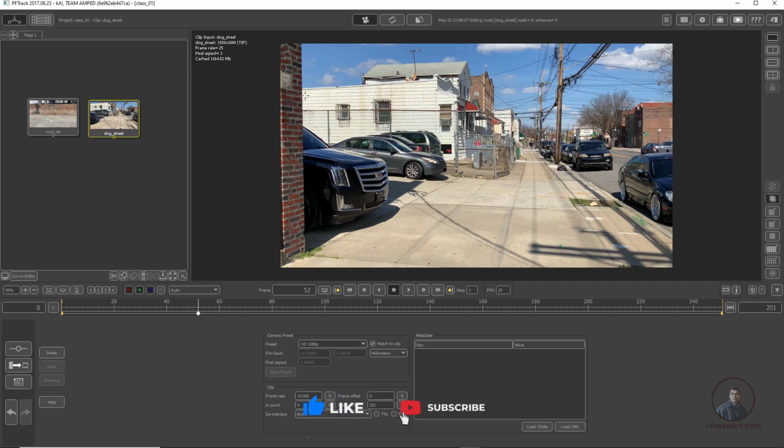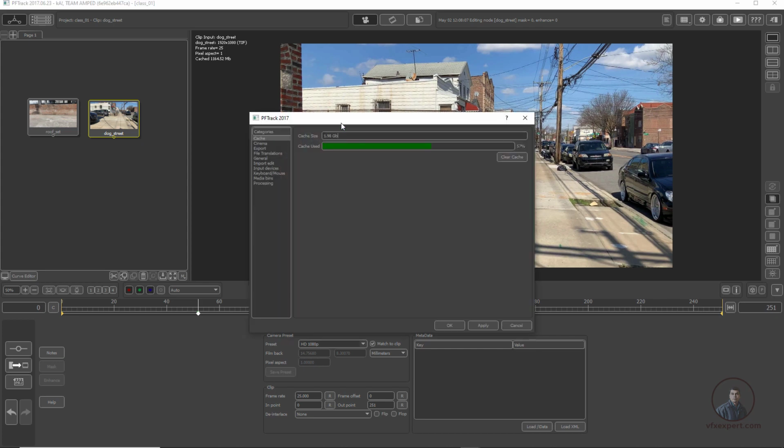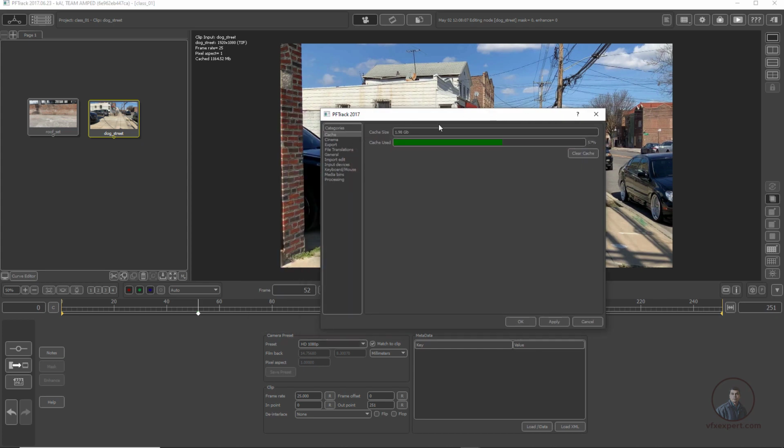Then after this, I am going to see some preferences here, because preferences are also important before tracking. Some important preferences I am going to look at before starting our tracking. So again, just click here on preferences or the edit preferences option. The first option is cache, which I have already explained.